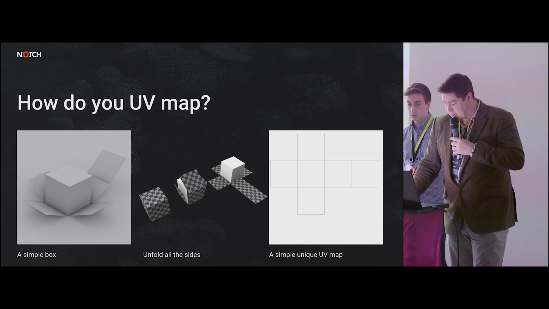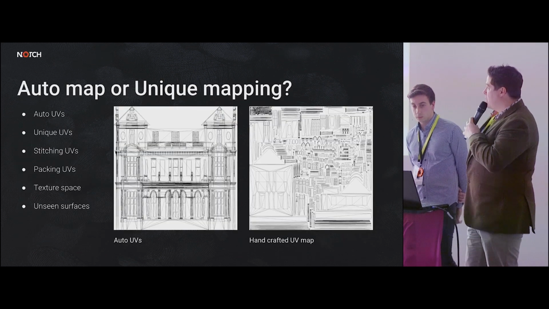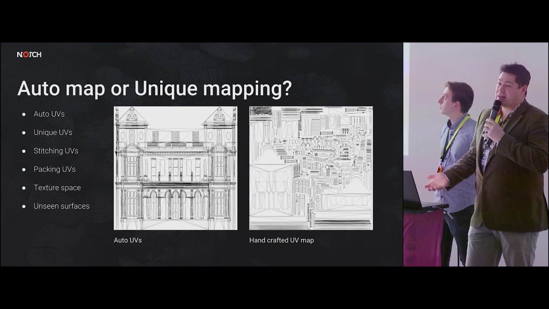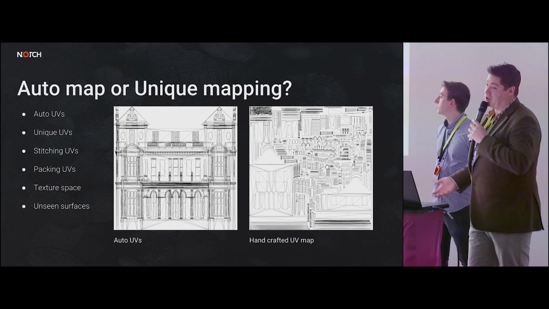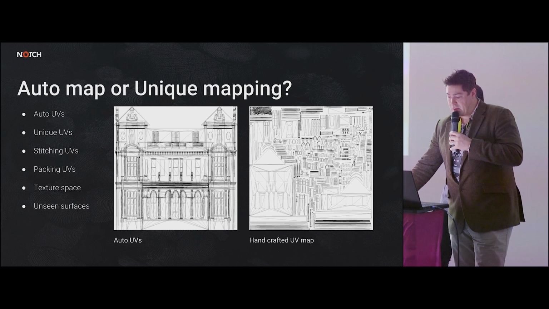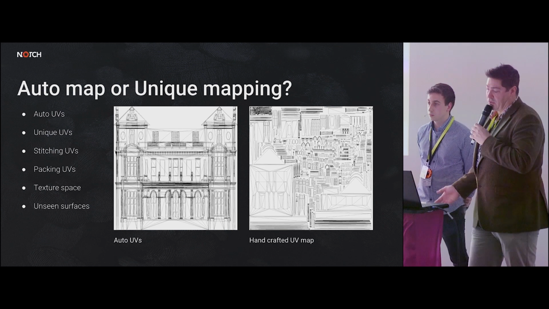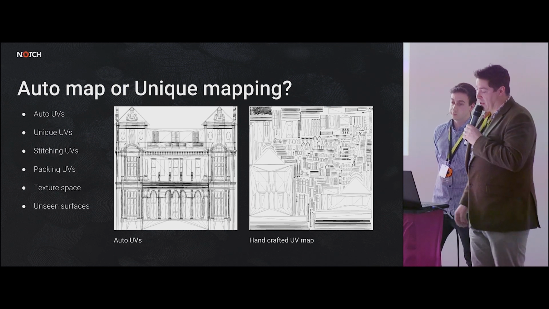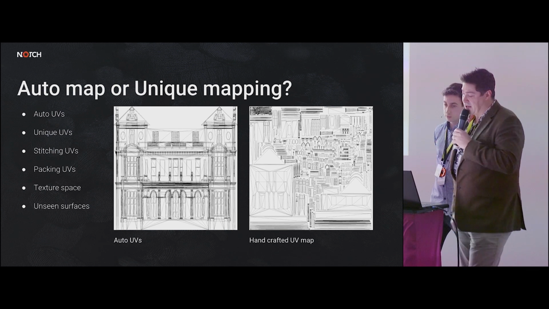So now we're going to look at whether we should use automatic UVs or whether we should do it all by hand by using unique mapping. So how do we create the UVs on the 3D model? So again, using your 3D package,